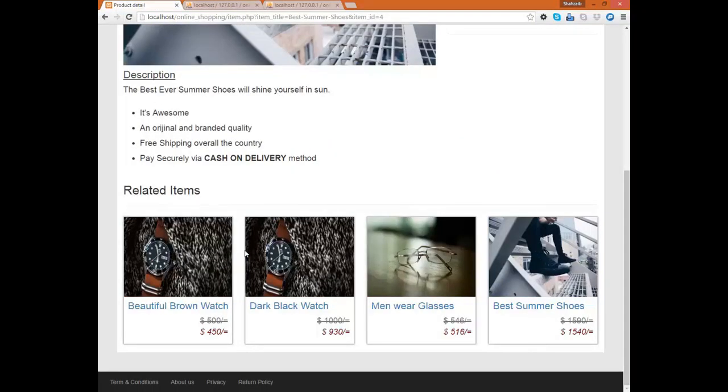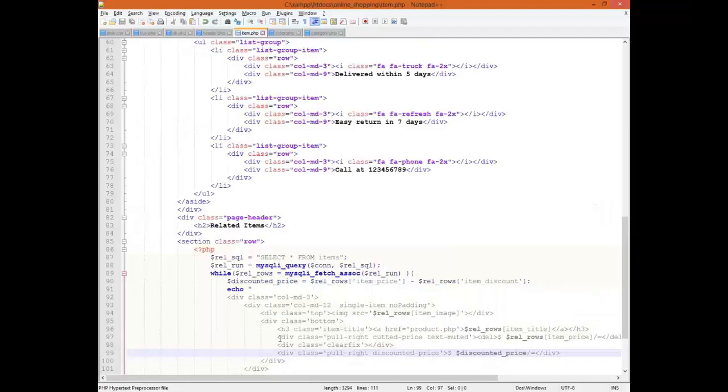The correct thing, but actually this is not the correct thing. If we add the 5th item, it will show the 5th item as well. So I'm gonna show you the limitation, how we can add the limit here. So how I'm adding the limitation here, I'm just going to add the limit